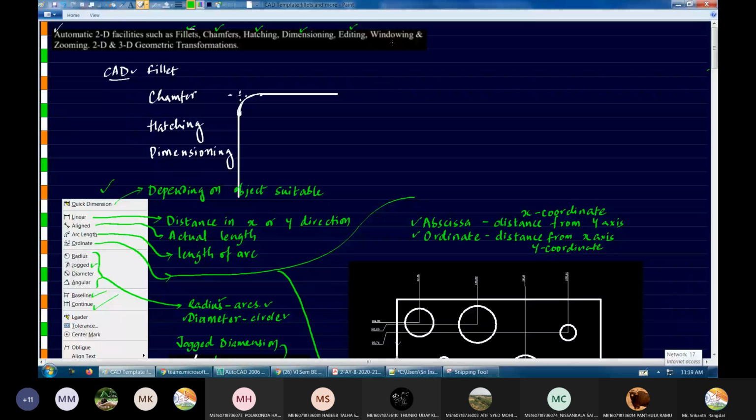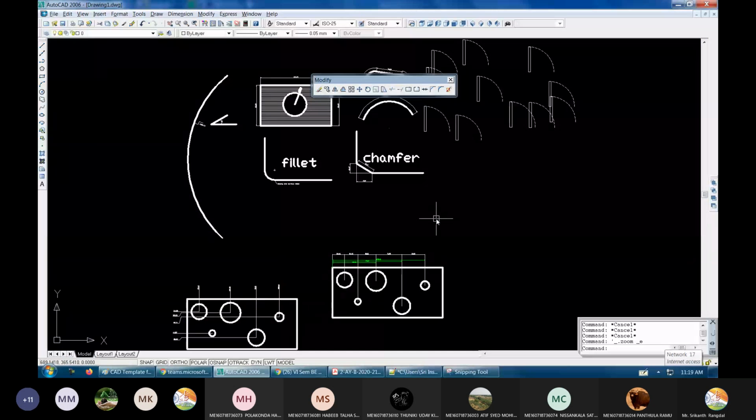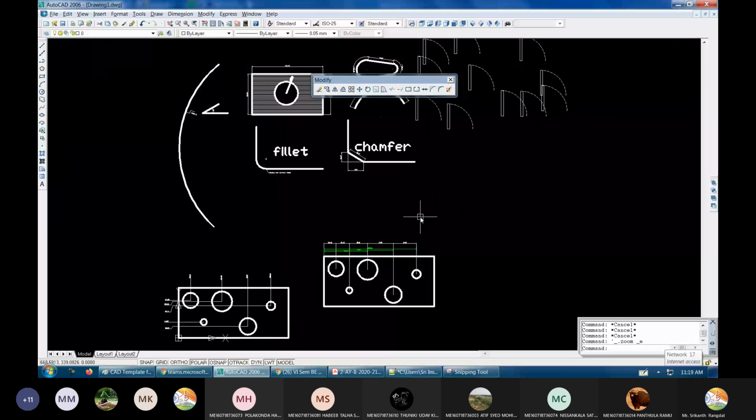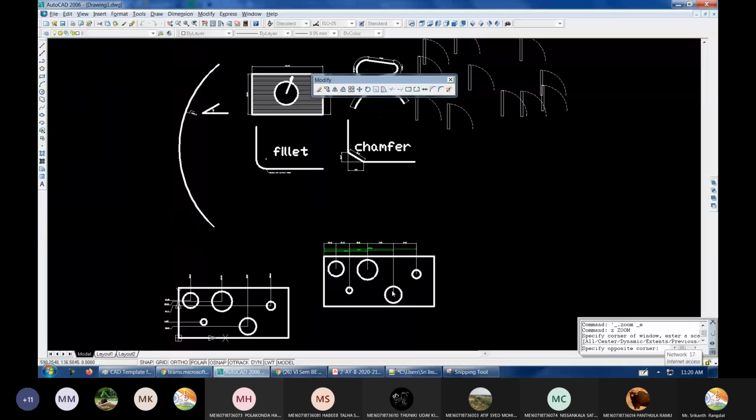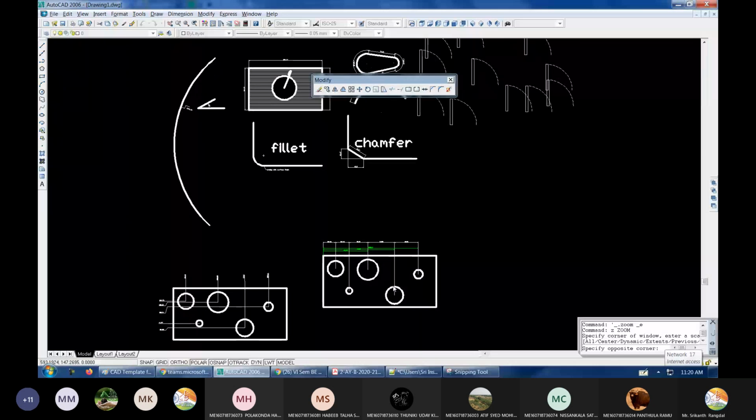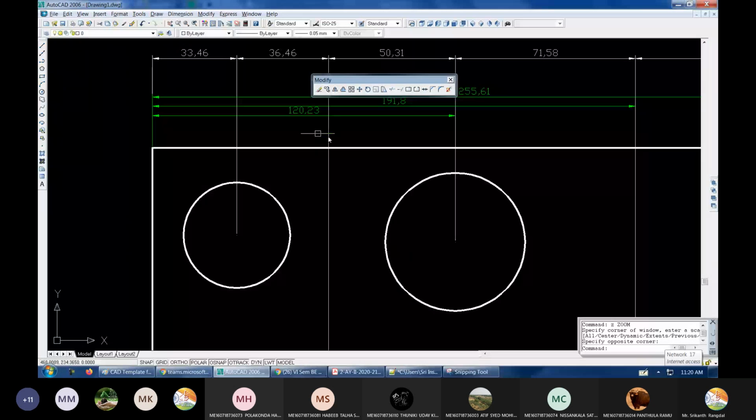Okay. The next command is windowing. What is windowing? Fine. Suppose this is the diagram which is visible, and suppose I want to zoom in on this. Then I just have to press Z enter, and I have to draw a window. So when I draw that window, what will happen? The diagram will slowly zoom in to show that particular part.